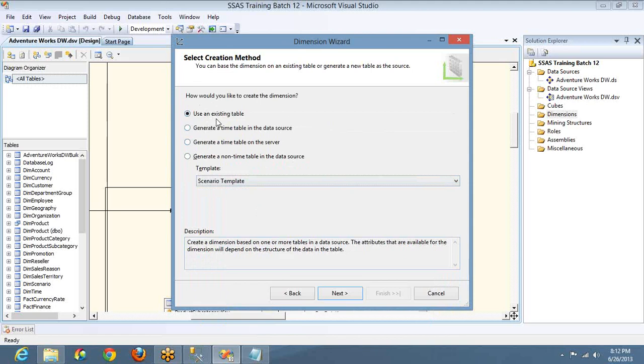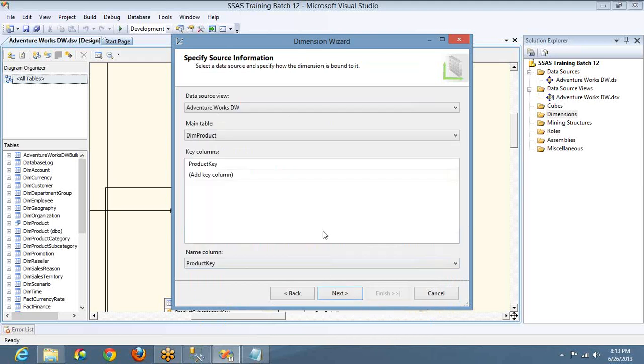Generally, when you are working on an SSIS project, the SSIS team should already have finished loading the data into the data source tables. So if any table is not defined, let's say a time table, then you can make use of these three options, else these are useless. Okay, I'll explain, then you will easily understand. Now let me click on next.